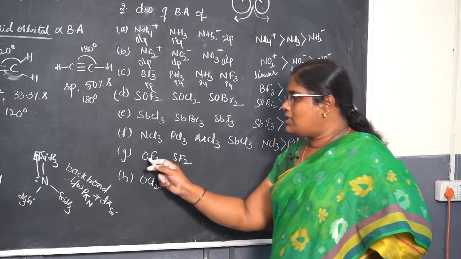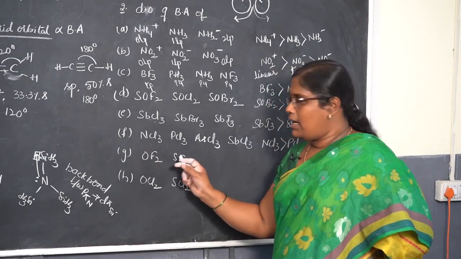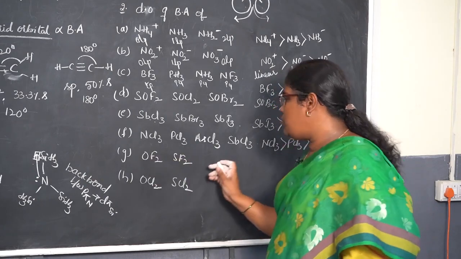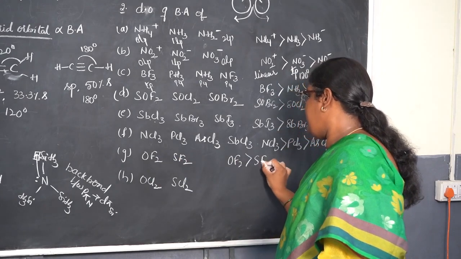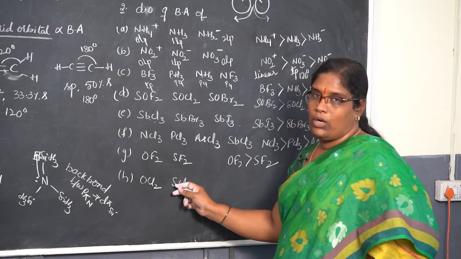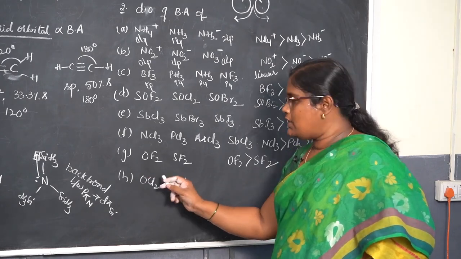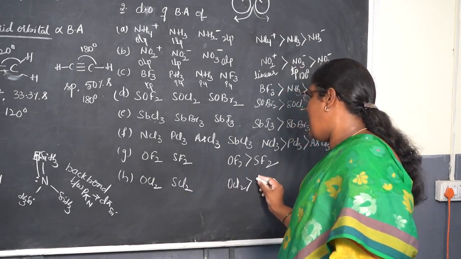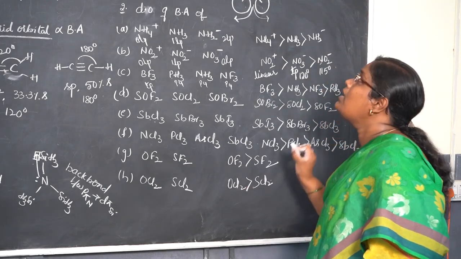Now, oxygen difluoride, sulfur difluoride. The changing factor is central atom. So, oxygen is more electronegative, more bond angle. Now, oxygen dichloride, sulfur dichloride. Again, the changing factor is electronegativity of central atom. Oxygen is more electronegative, so oxygen dichloride has more bond angle than sulfur